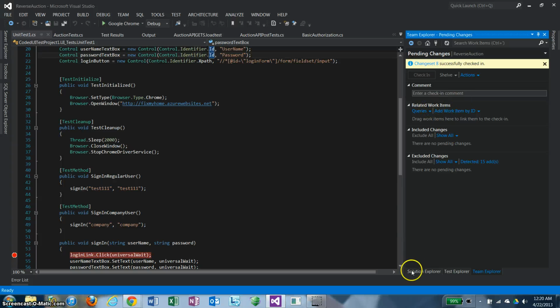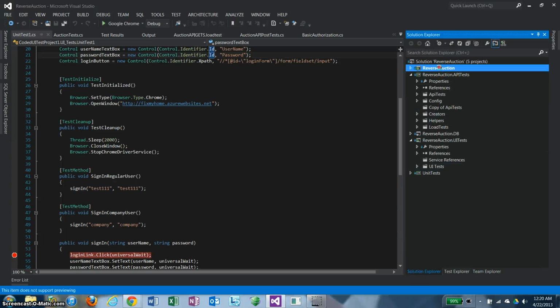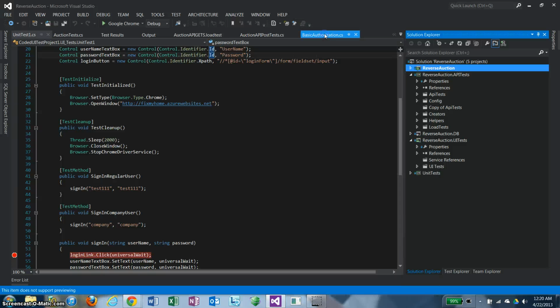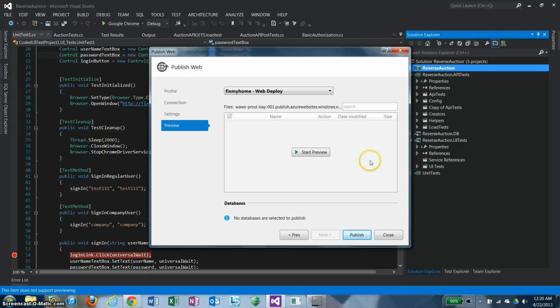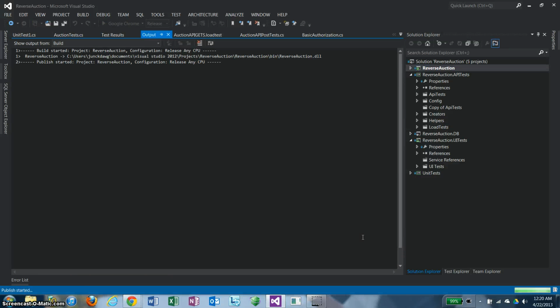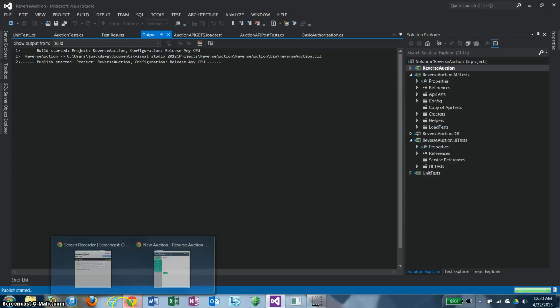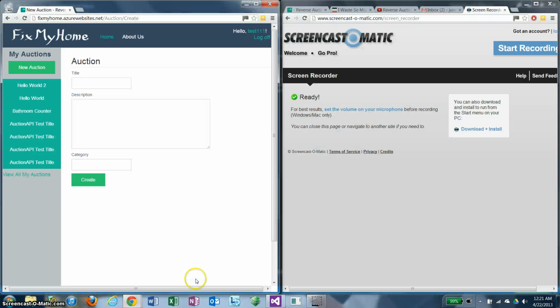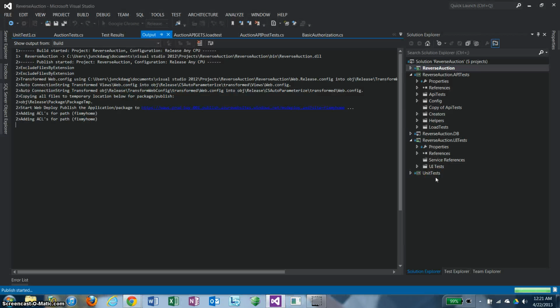Also, as far as publishing the site, it's as simple as right-clicking on my project and publishing it, and my publishing context is already in there, and I can publish the site just like that. And it goes on, and any changes that I made are now live on my site that I showed you. So that's everything that I can think of as far as what I did. I feel like I've made the